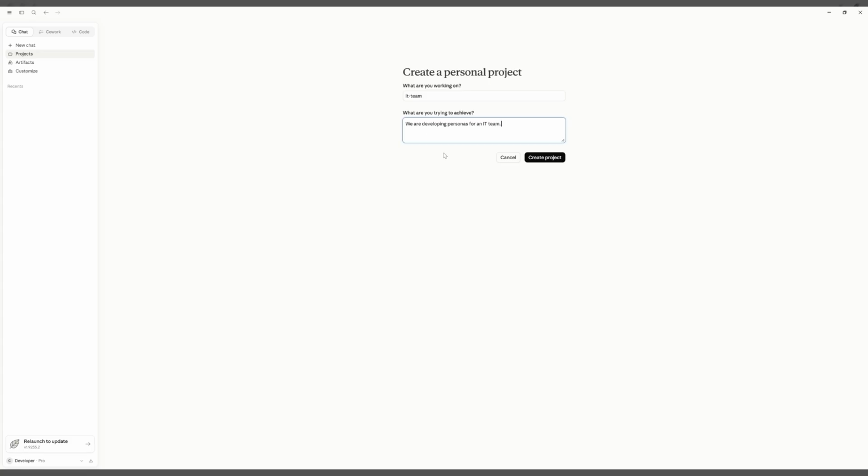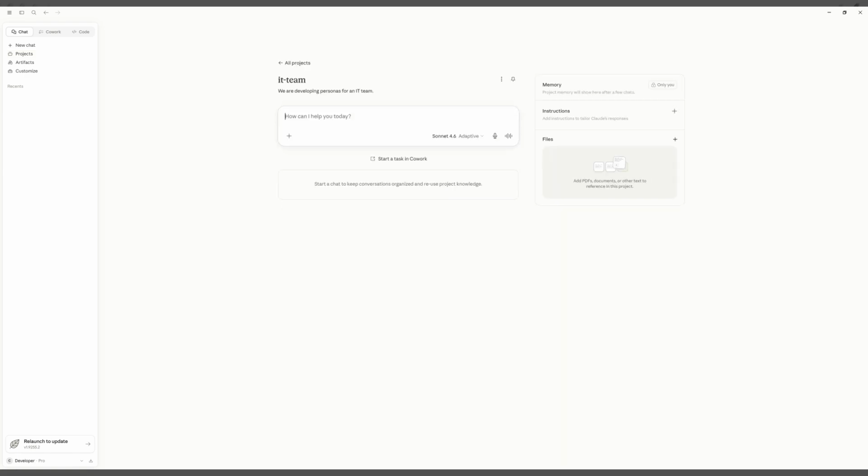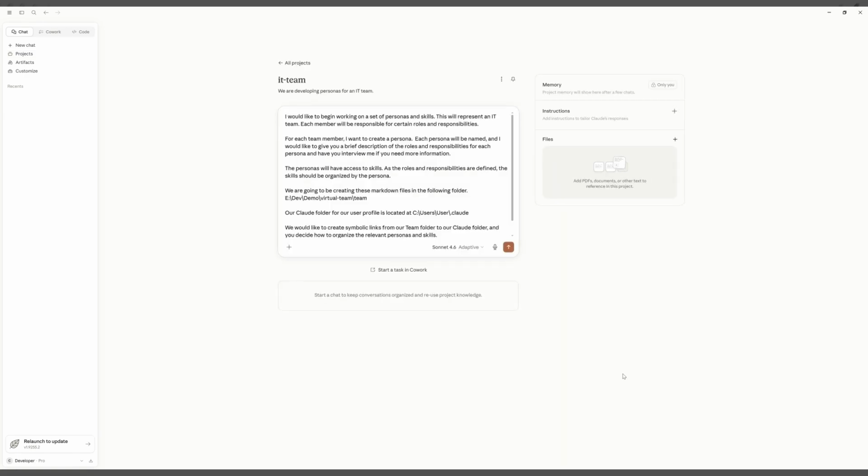We're developing personas for an IT team. I'm going to go ahead and create the project. So in our IT team project, for the first conversation, I'm giving it an overview of what we're going to be working on. This does not have to be done in a particular way, but there are some things to note that will help the